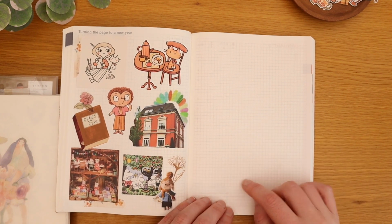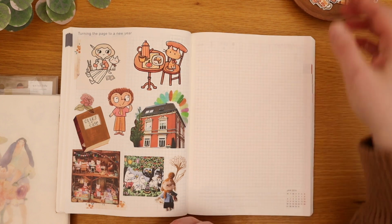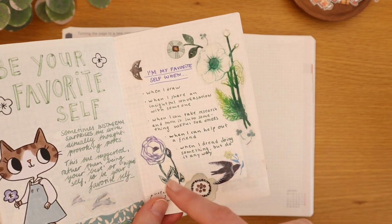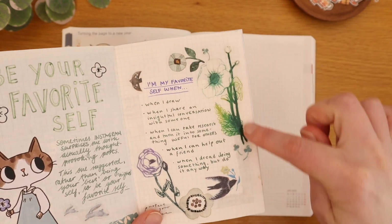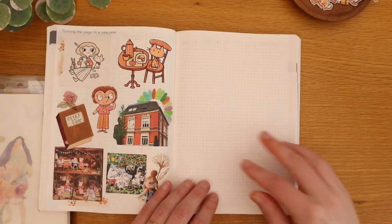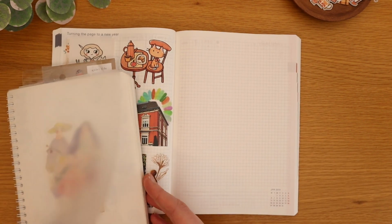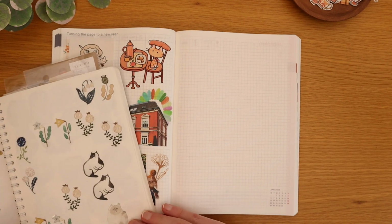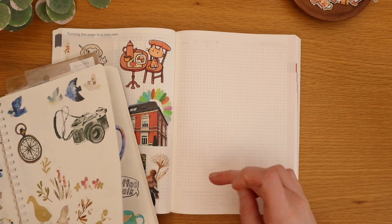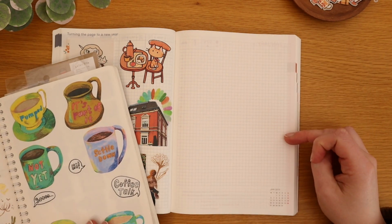But what I was thinking would be kind of fun is to make a sticker wreath to go around the writing area. I'd done something similar in a previous journal of mine, and I thought this turned out so fun. And yeah, I thought maybe that would be something we could do together here on this page. Just finding some good florals and maybe some cats and things like that we can stick down. And I don't know if I want to just create sort of like a half circle. That might be